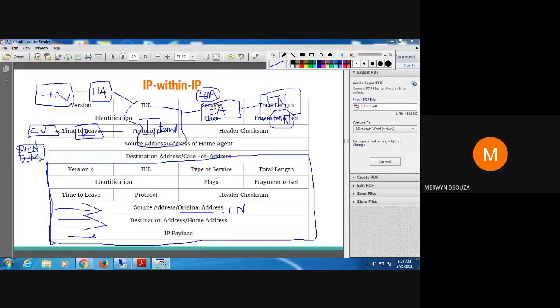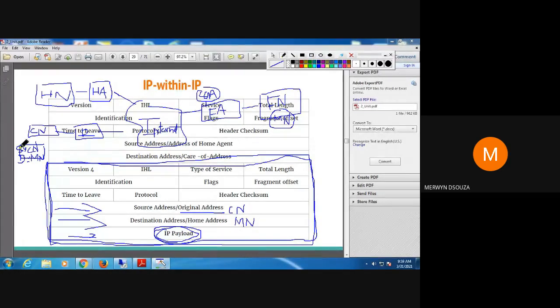CN knows only the original address of the mobile node, so it puts that original address. It does not know where the mobile node is present. It has some data to send, which is known as the payload, and it is sending the data. Based on the data, the checksum, flags and all those things are calculated. We are not bothered about it. So we'll just take this packet now.